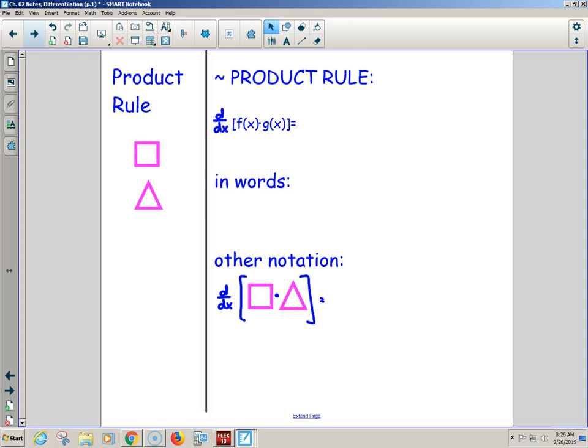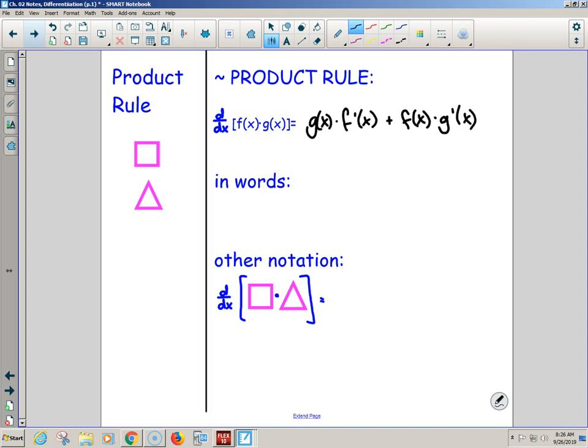Let's see. Product rule. If I was taking the derivative of f times g, one way of doing this, and I don't write it the same as all other teachers because I have a little jingle that I'm going to put in the words. So I write it as g of x times f prime of x plus f of x times g prime of x. Other people would technically write it, or even solve it, I think including CalcChat, in the opposite order, in the sense of f g prime plus g f prime, or f prime g plus g prime f. There are different ways of